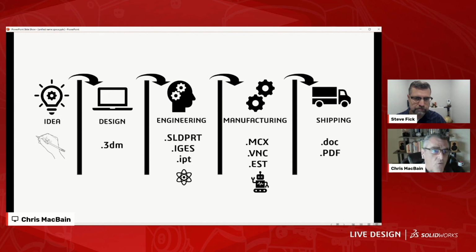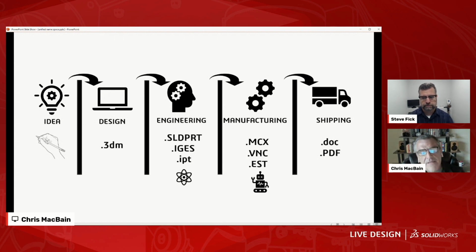Maybe you're not, unfortunately, using SolidWorks. Maybe you're forced to use something else, so you get other files. And so on and so forth, you can see throughout this whole thing. And that's the problem, because let's say manufacturing has a problem, and they have a Mastercam file. Hey, I want you to see this Mastercam file. It doesn't go backwards. You can't go back and make it a design file. And that's where we really run into problems.